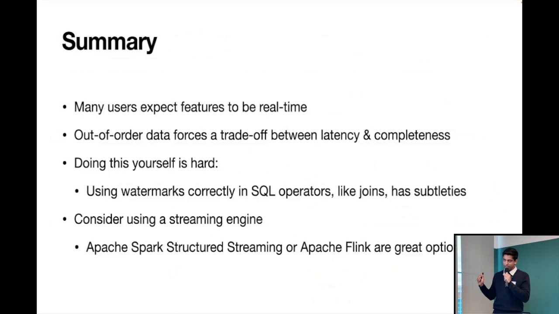It's very subtle. I heard many people saying this question is a trick question. It also happens to be my job. And so I think you should give streaming engines a chance. They might just do what you need. I work on Apache Spark structured streaming, so that's my first pick. But other engines in the ecosystem like Apache Flink are also great options.